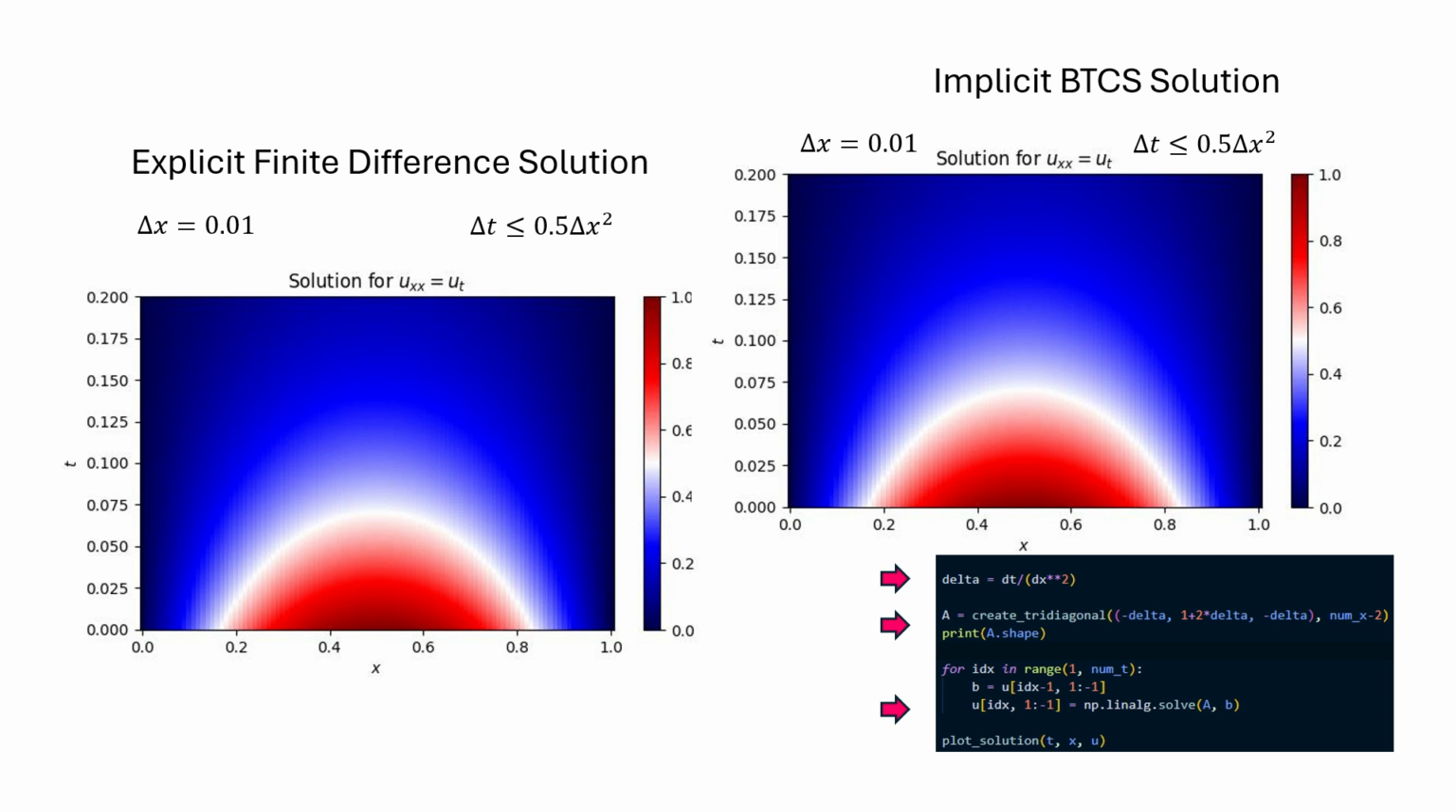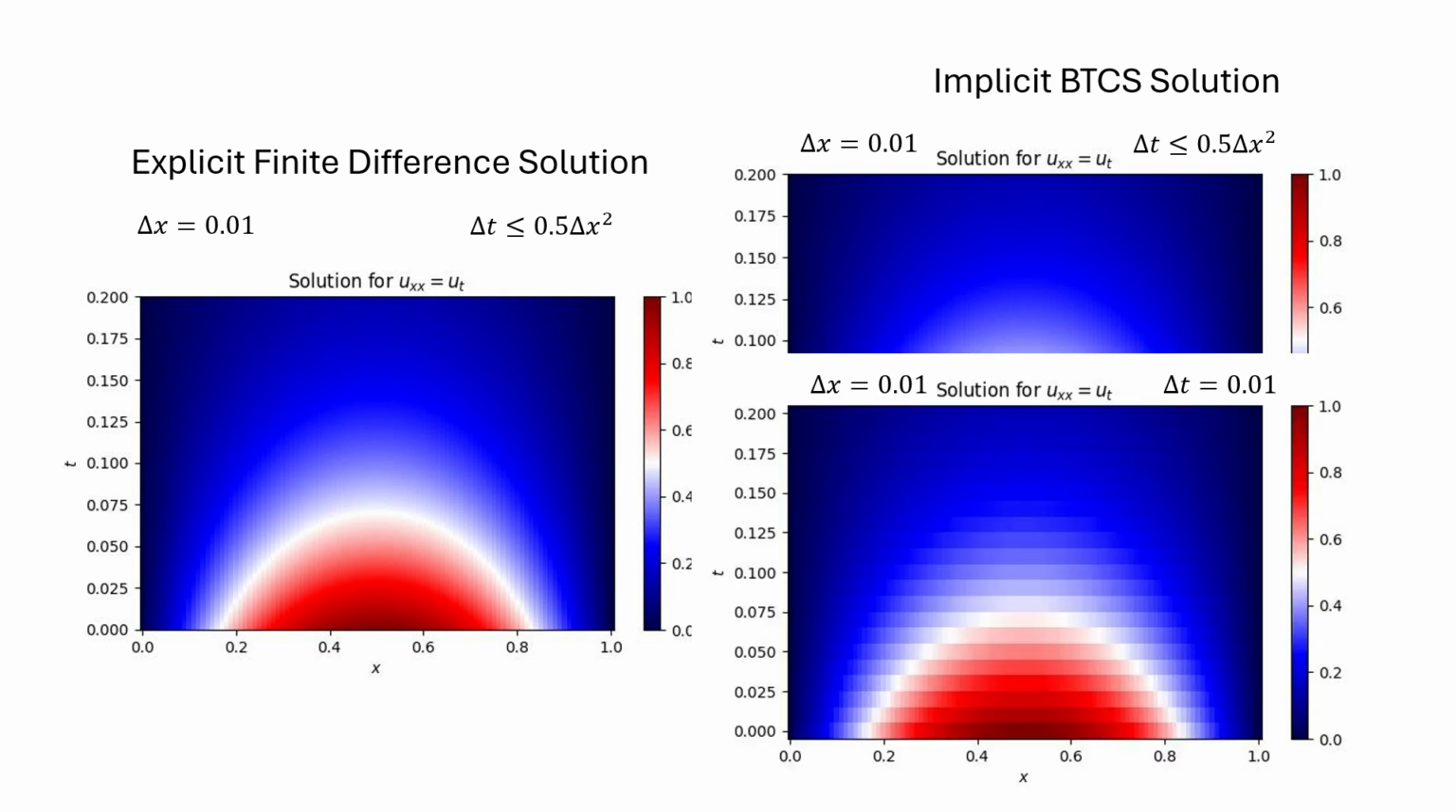However, one advantage of using an unconditionally stable method is that we can also use coarser time sampling and still be able to get the solution. Here we have used dt equal to 0.01, which is much higher than the value used in the explicit finite difference scheme. With this, we conclude our